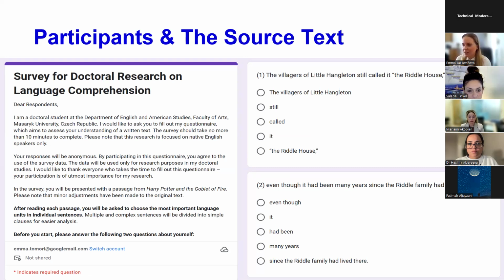Which of these units is Rheme? I'm talking namely about: even though it had been many years since the Riddle family had lived there. So feel free to unmute yourselves, or just guess in your heads or write into the chat. And we will see how correctly you analyzed the sentence based on FSP. So please, any tips? Well, I am pretty sure that most of you